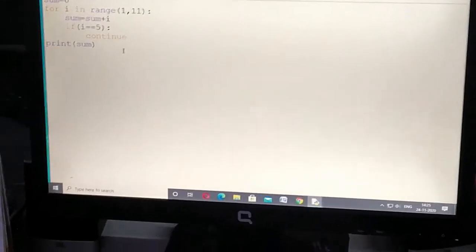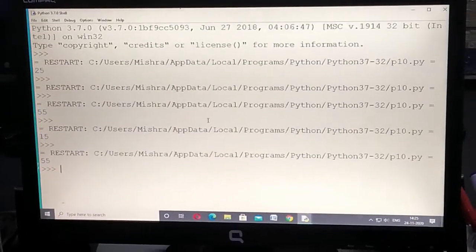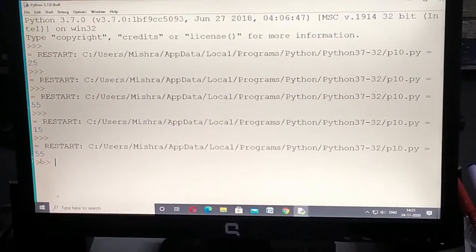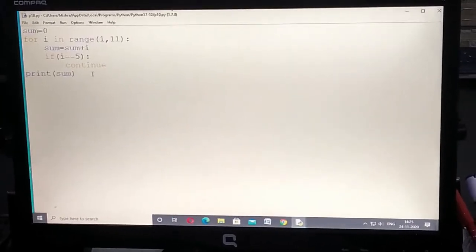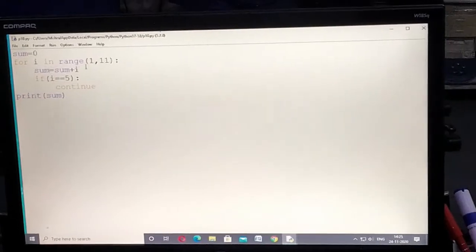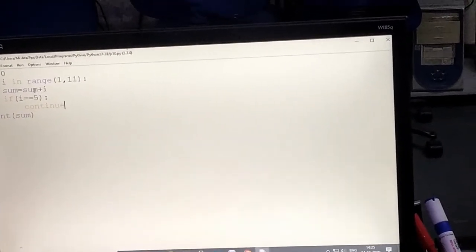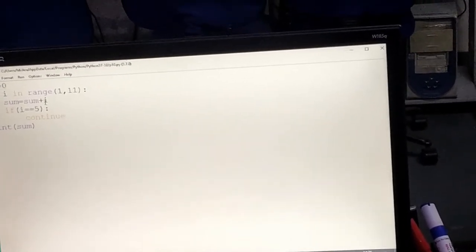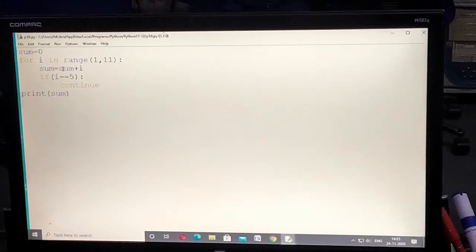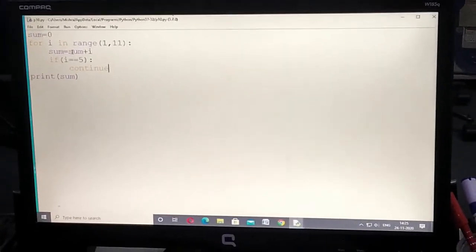Let's save this file first, and now let me run it. You are getting the output 55, as in a normal program. What happened? Here sum equal to sum plus i, and I am saying if i equal to 5, the 5 has already been added, it goes to the next iteration, that is 6. It means till 5 the summation has already been calculated. Now 15 plus 6 is 21, 21 plus 7 is 28, 28 plus 8 is 36, and likewise